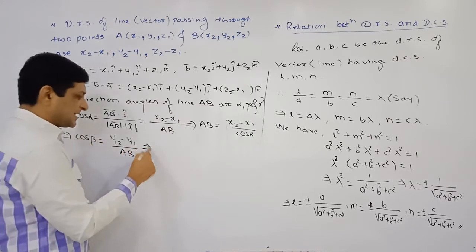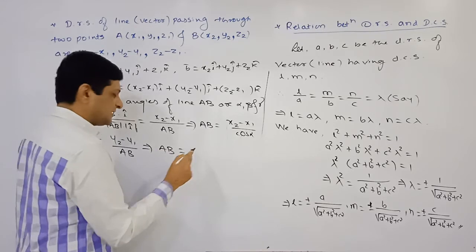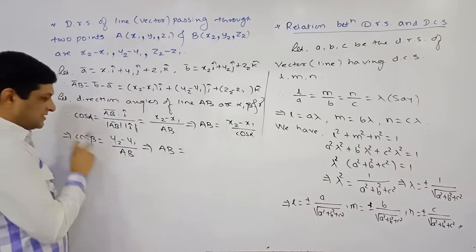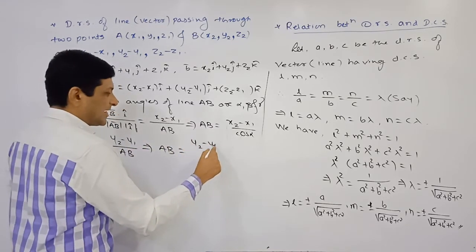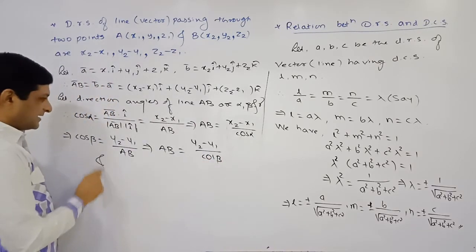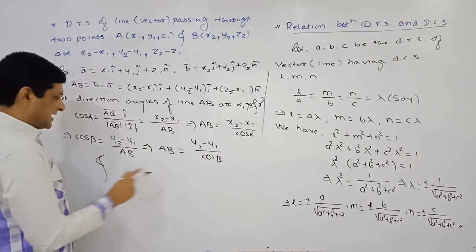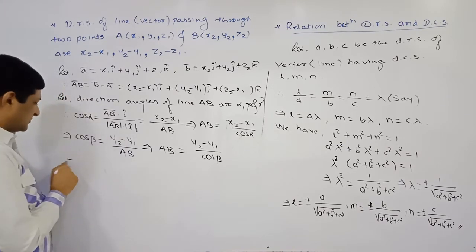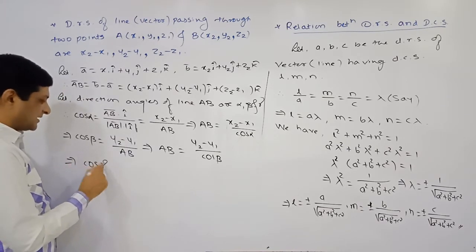So this implies that, simplifying this expression, what will be the value of AB here? AB equals y2 minus y1 upon cos beta. And similarly, we can say that cos gamma is equal to